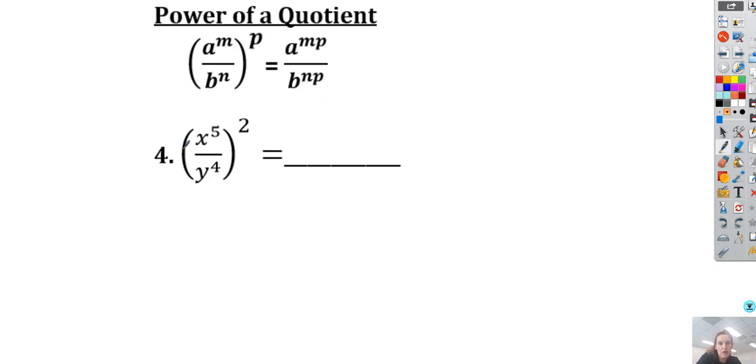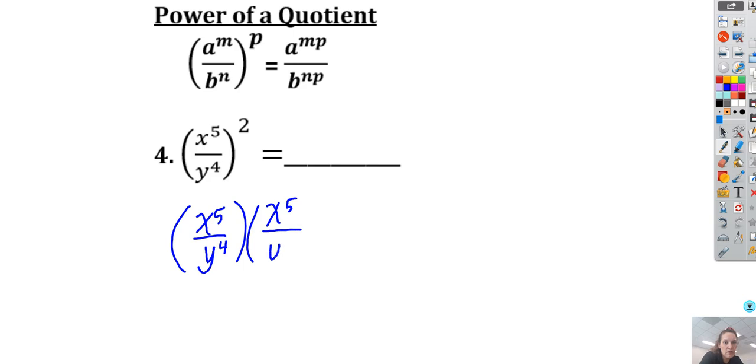So here's an example. x to the fifth over y to the fourth, squared. So that's technically, if you want to see it visually, x to the fifth over y to the fourth times x to the fifth over y to the fourth. So x to the fifth times x to the fifth would be x to the 5 plus 5, which is x to the 10th. So x to the fifth times 2, 5 times 2 is 10, so this is x to the 10th,